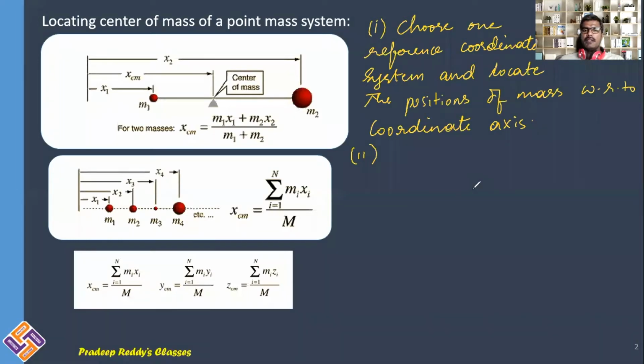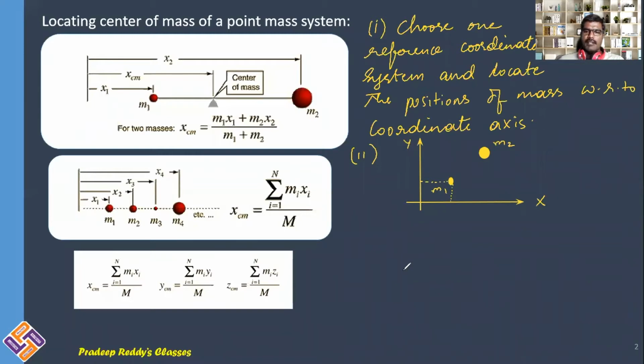In order to calculate center of mass of the system, first we will be taking the reference coordinate system in order to locate the positions of the particles. Let me take, here is one particle and here is another particle. These are the two particles, and I am taking this as the reference coordinate axis, x and y. With respect to this axis, I want to find out coordinates of this mass. Let me consider this mass as m1, this mass as m2.